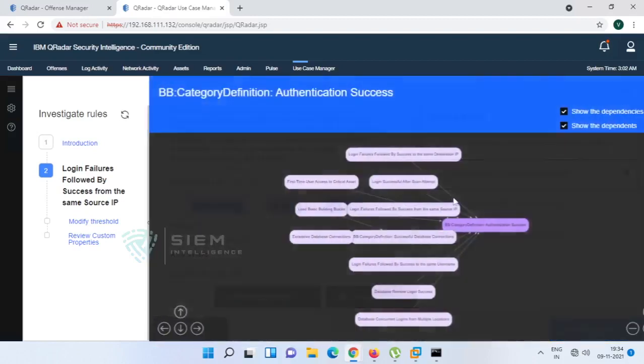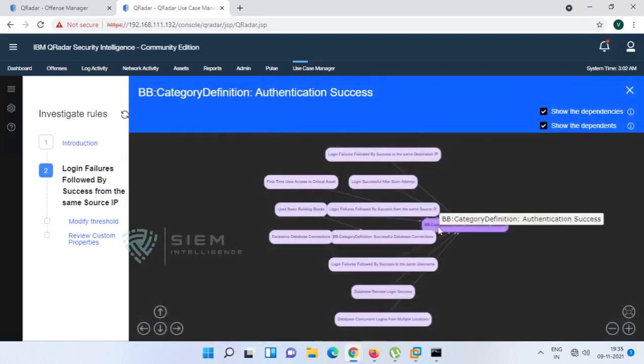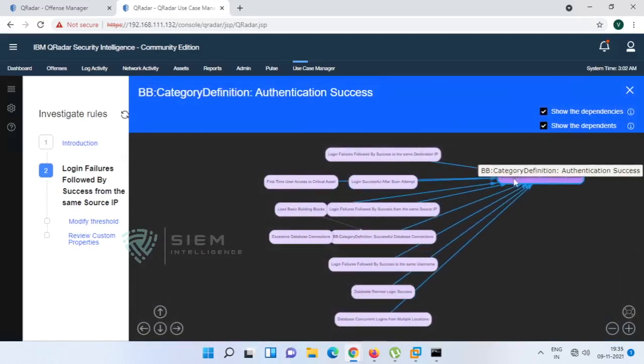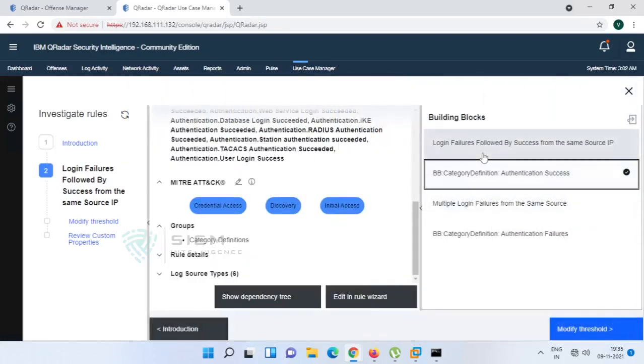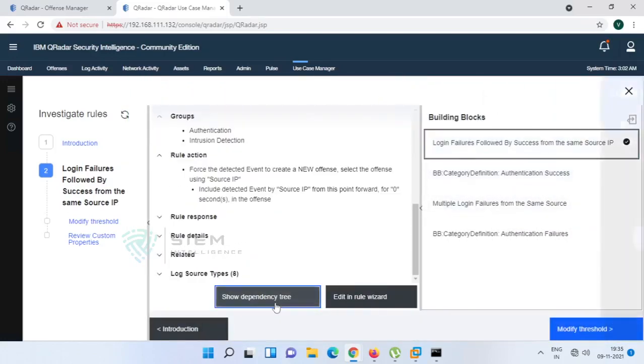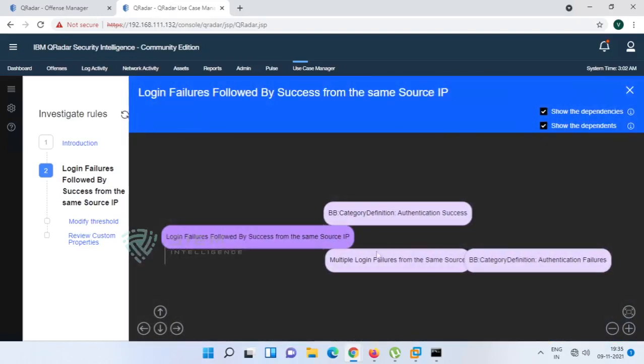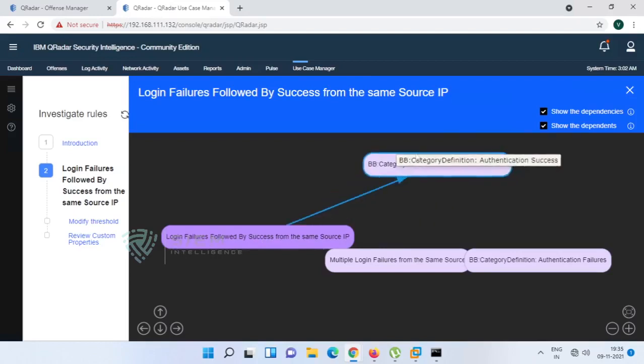If you click here, see, for this particular building block there are so many actual rules. This is the building block. For this there are so many dependencies. So you can also come to know, if you click here, it will find another. So what is the question? This is our main login followed by, and these are the dependencies.